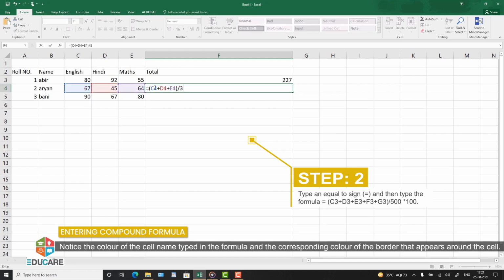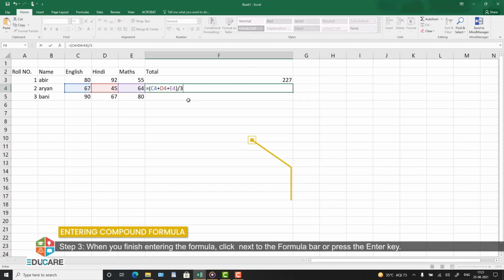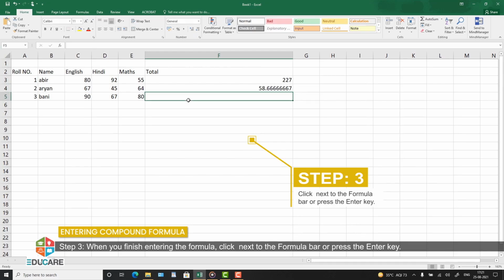Notice the color of the cell name typed in the formula and the corresponding color of the border that appears around the cell. Step 3. When you finish entering the formula, click the tick mark next to the formula bar or press the enter key. The result appears in the cell.